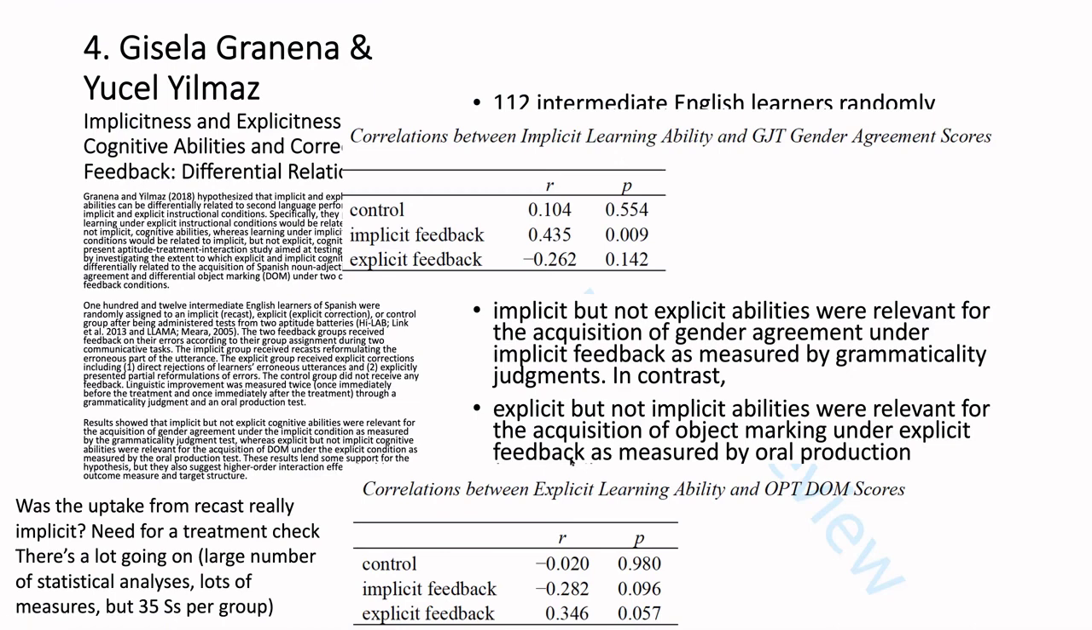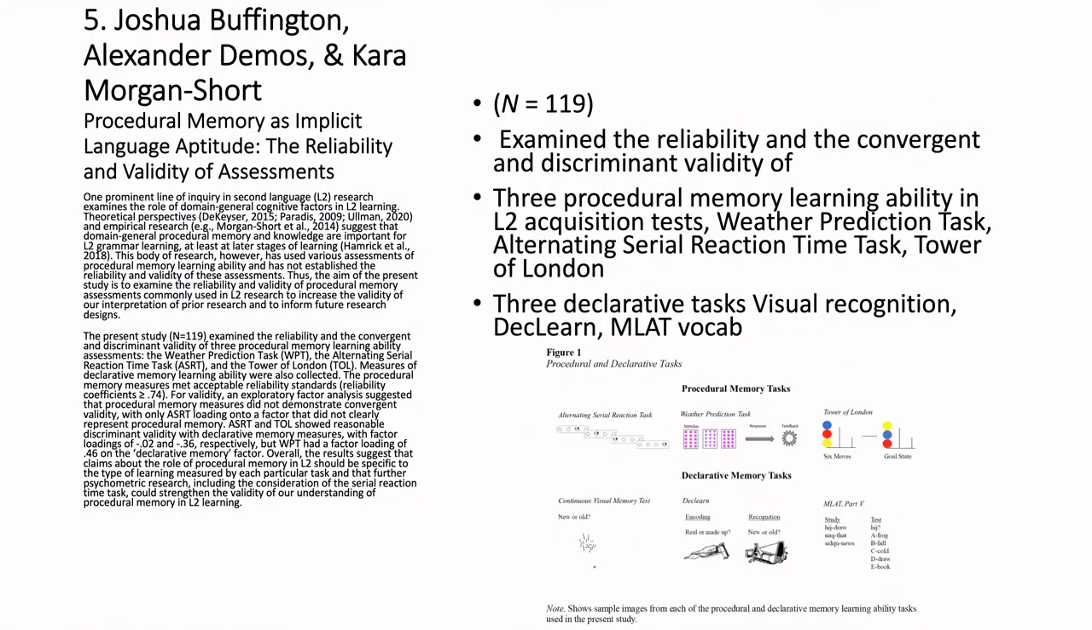Interesting research. I'm interested in whether or not the uptake from recasts really was implicit. I think there needs to be more of a treatment check of what's going on in the implicit and explicit feedbacks. And there's an awful number of statistical analyses here with not a huge amount of power, but really interesting, really hard work. Finally, the final paper, 119 people looking at the reliability and convergent and discriminant validity of three different